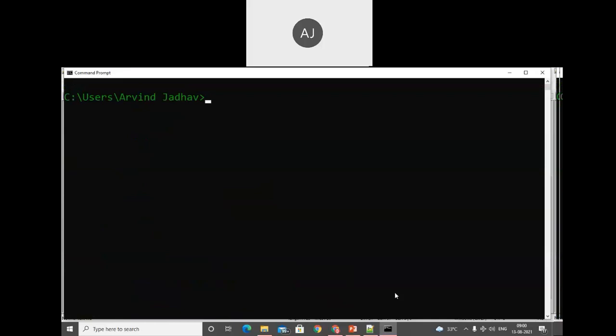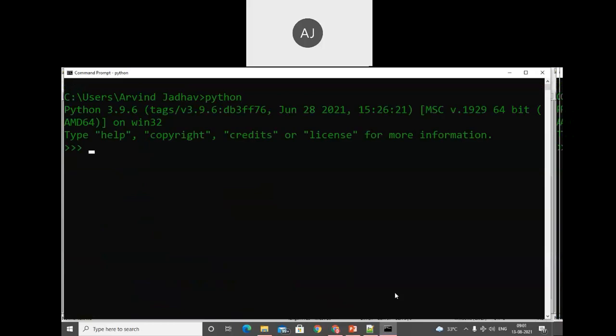CLS, clear the screen, the CLS command to clear the screen, and go to the Python shell. So here I will store the values. x is equal to 10, y is equal to 20. I am trying to convert to complex x. Right now x is an integer, y is an integer, and now I am trying to convert this integer into a complex number. So we get the value 10 plus 20.